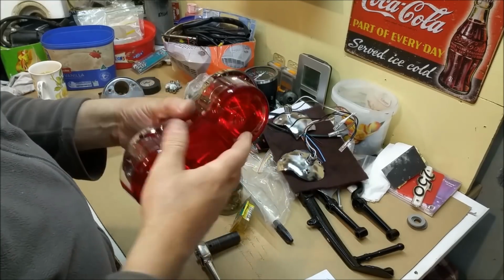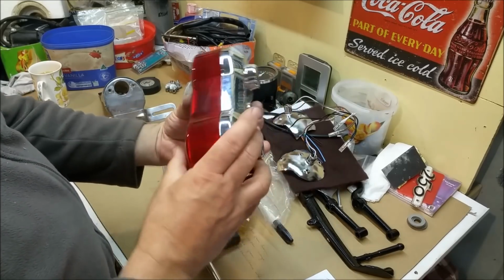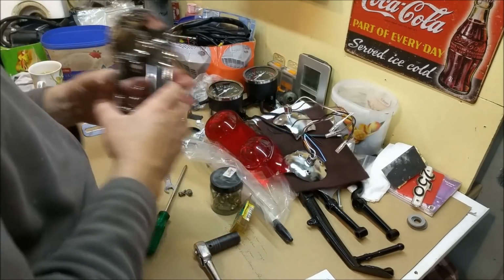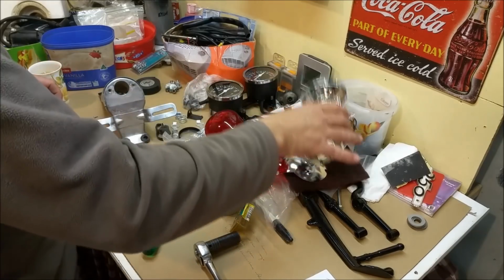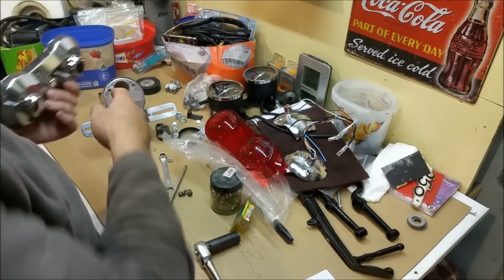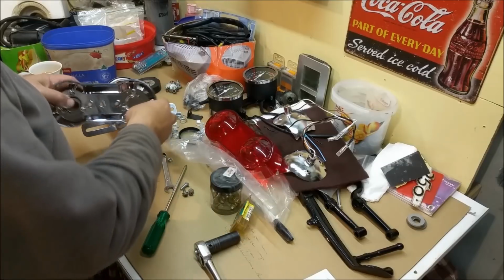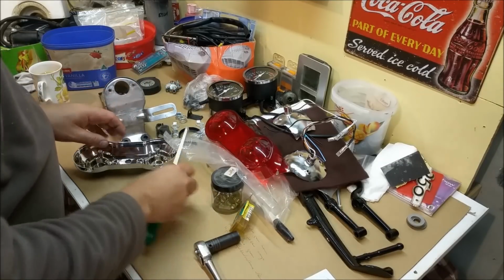Unless I can stick it that way, have them facing down the bottom and just hope like heck no one sees it. There's no actual gasket there, so they're pretty crummy. But you know what? If it gets me through, as I said with the gauges, if it gets me through roadworthy, it's a good thing. Now this came with 6mm fasteners, which are very short, and nut on the back, so there's very little left to go into here. That being said, this is 5mm, so essentially we're going to have to use the old 5mm fasteners